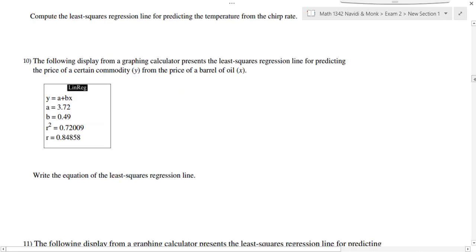Number 10. The following display from a graphing calculator presents the least squares regression line for predicting the price of a certain commodity, y, from the price of a barrel of oil, x. So the price of the commodity is y, the price of a barrel of oil is x. Write the equation of the least squares regression line. Looking at this output, it's very similar to what we just had from our calculator. How would I express this line? Y equals 3.72 plus